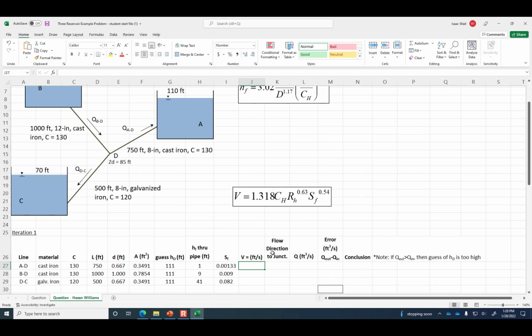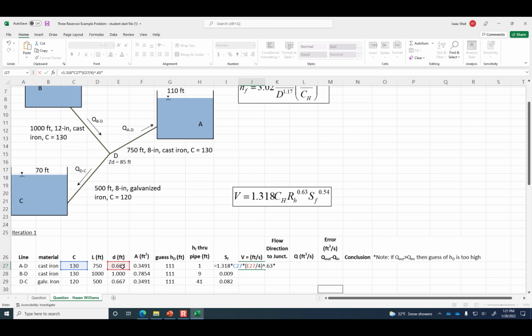All right, so let's use the Hazen-Williams equation to calculate the flow velocity. 1.318 times the C sub H, that's C, times the hydraulic radius. Uh-oh, we don't have a column for hydraulic radius. Do you remember what's the formula of hydraulic radius for a circular pipe? D divided by 4. Right, so let me put a parenthesis here and we'll just refer to diameter divided by 4. And so then that will be to the power of 0.63